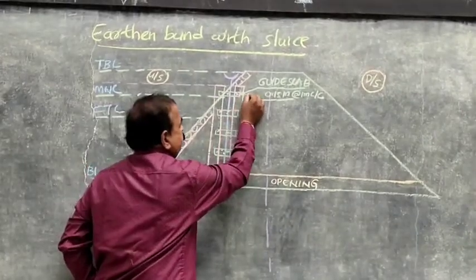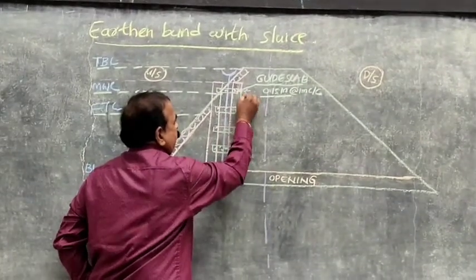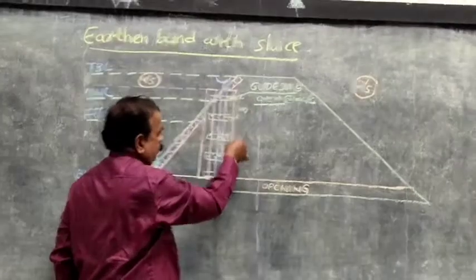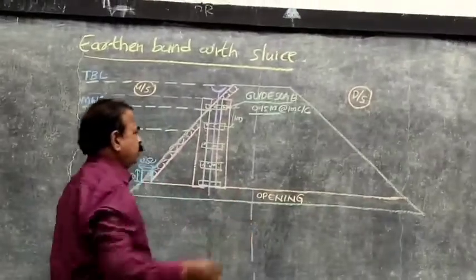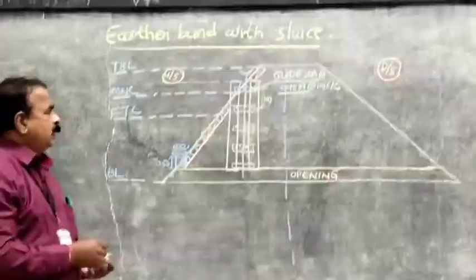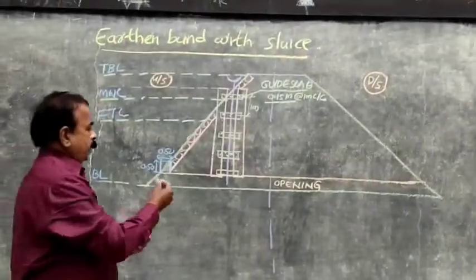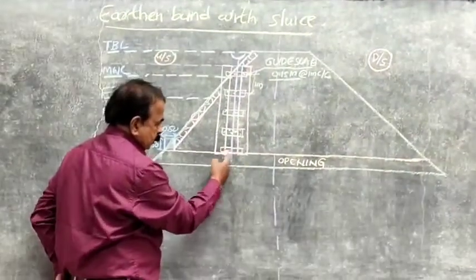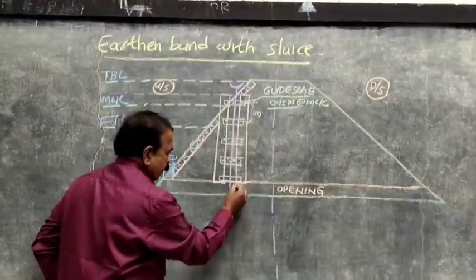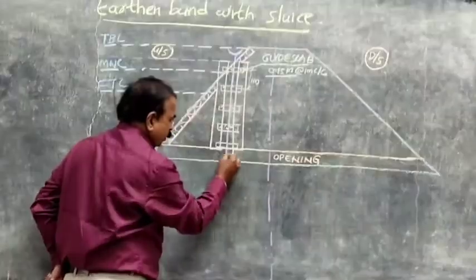1 meter means from here to here, 1 meter center to center. We have to move from the top, and how many we can see depends on the height of the earthen bund. Next, come to this opening; we have to provide here a small